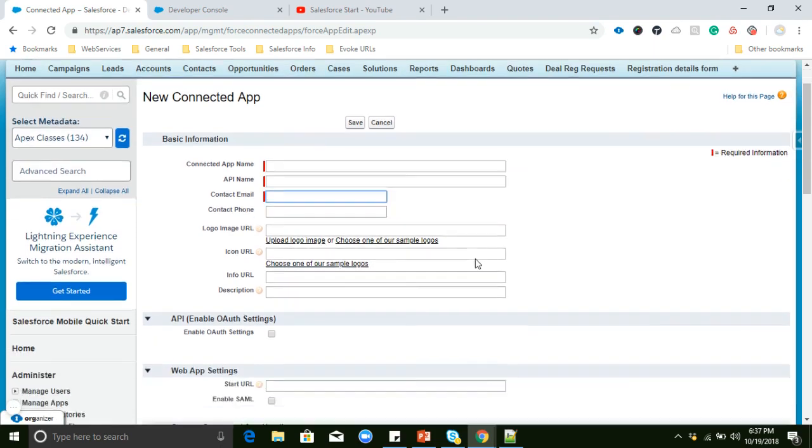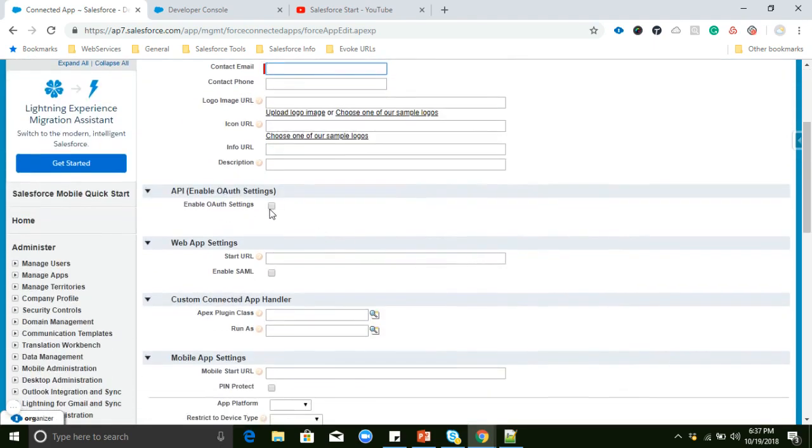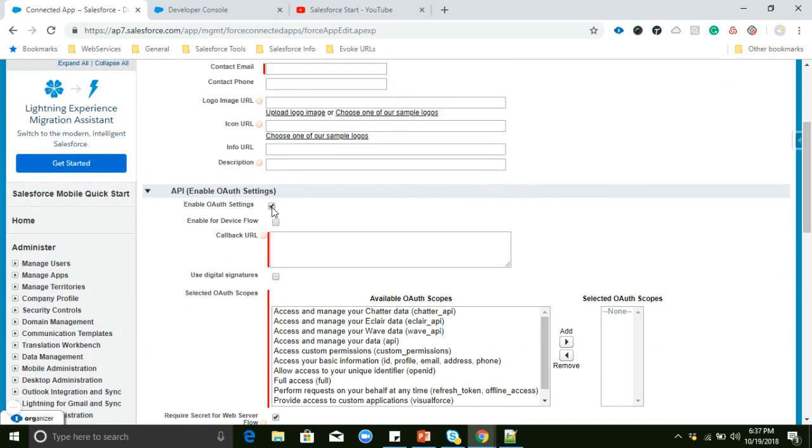If you want to give an email, you can, and here we need to enable OAuth settings. Here we need to give a callback URL, because to generate an access token we need to provide some URL. We can give any URL here, like a generate access token service.